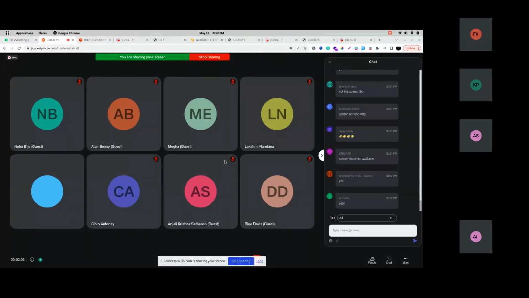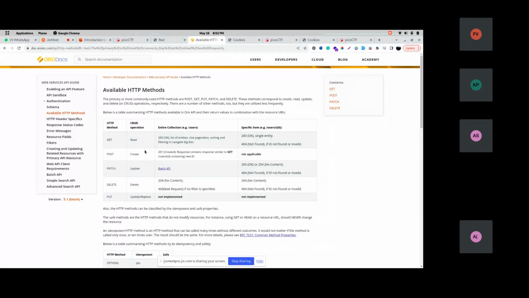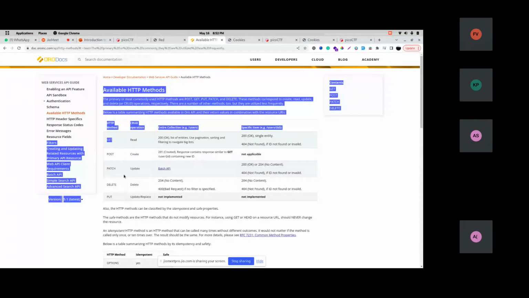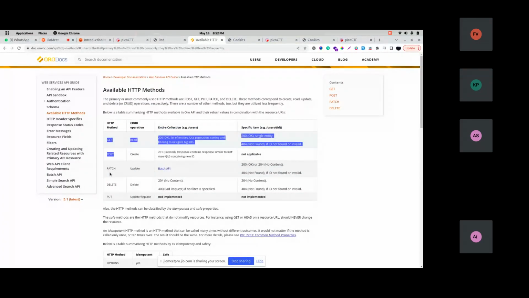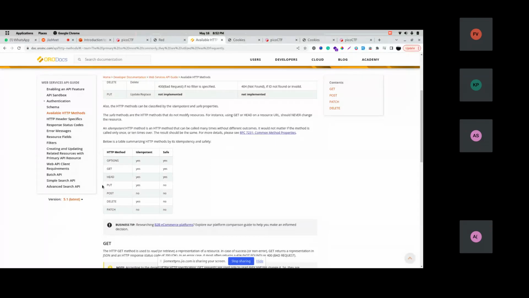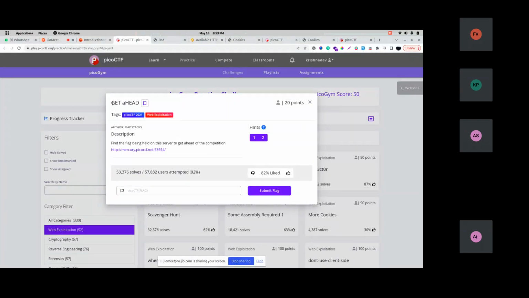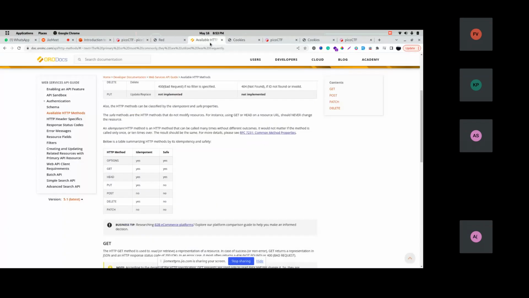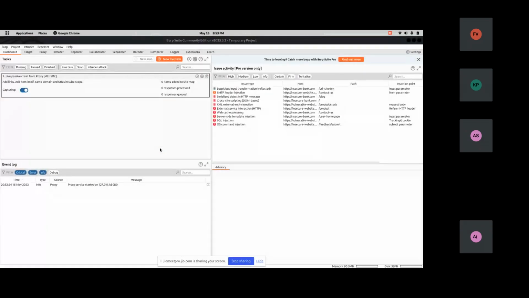Okay, we learned about many HTTP methods like GET, POST, etc. There are many other methods also, like GET, HEAD, PUT, POST, DELETE, PATCH, etc. So we open that challenge that we already did. Here you can see a clue, "get a head". So here is one HEAD, and when we check that, here is also a HEAD request. So we get a connection between that. So understand that thing, and we will use the